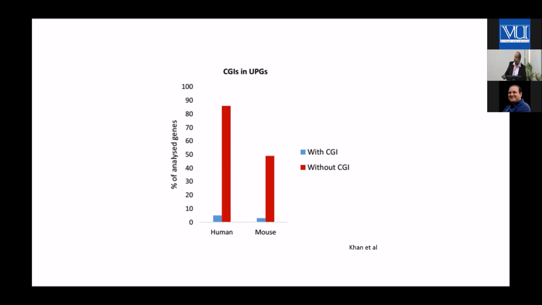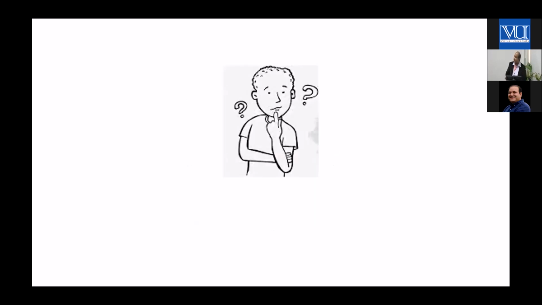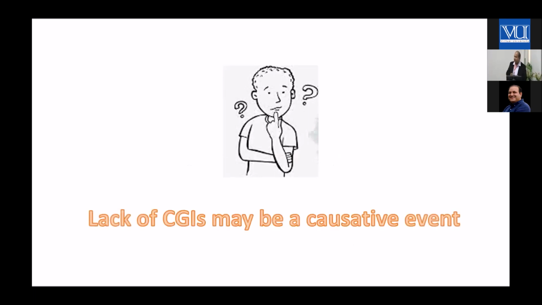Okay, we go forward. Then the next, most natural question might be, we thought, lack of CGI might be a causative event. What does this mean? That this lack of CGI might be leading to the process of pseudogenization. This is what came into our mind. So how can we show this? This is a hypothesis: the lack of CGIs leads to pseudogenization. What deduction can you make, or what experimental settings, maybe dry lab or wet lab, it's up to you, because we are doing dry lab work.